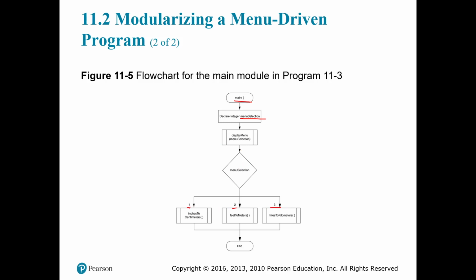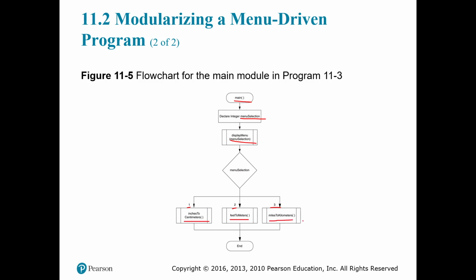Whenever the user types 1 in our menu selection, our program would perform the module inches to centimeters. If our user types 2, our program would perform a module called feet to meters. And if the user types 3, our program will perform miles to kilometers. So it's just a little conversion program, and based on what our user types, 1, 2, or 3, a different type of